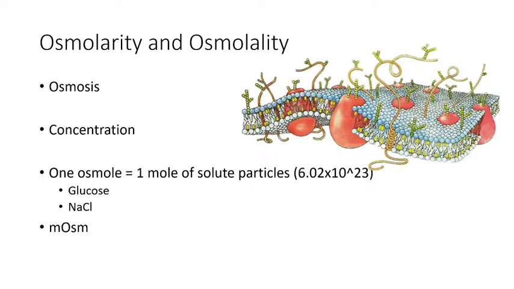So we talk about osmoles. An osmole is a mole of solute particles. One mole is essentially a number of particles. It's a massive number: 6 with 23 zeros at the end of it. A mole of glucose will have that number of particles, and a mole of sodium chloride will have that number of particles. If you go back to A-level chemistry,